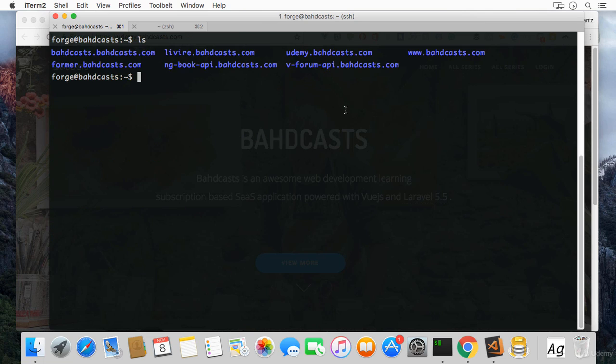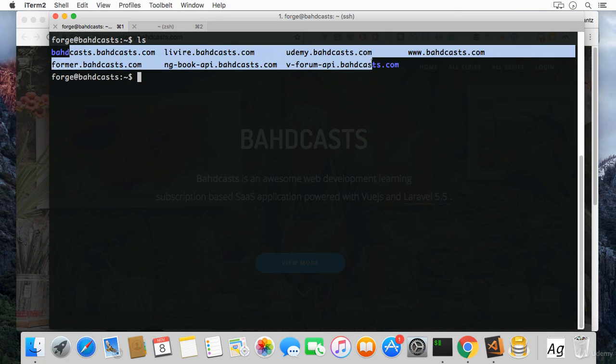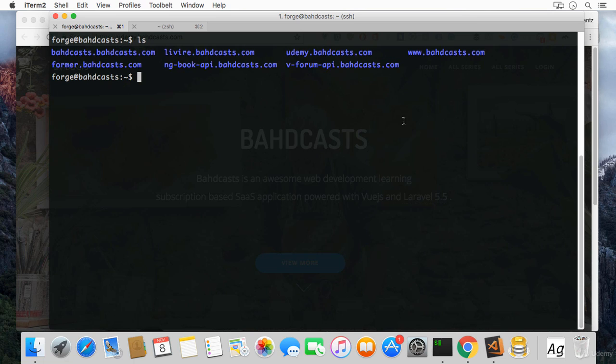If I ls, we see that we have a list of directories, and these directories actually are the various or different sites that I have on this server. If I was logged in as the root, then I'm going to actually be in the root, but then the Forge server has permissions right in this directory right here. Okay, so this is the app we are working with. So I'm just going to cd into